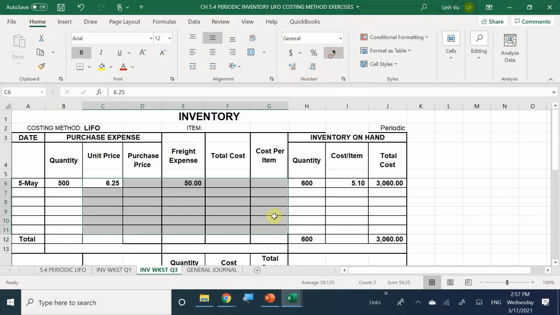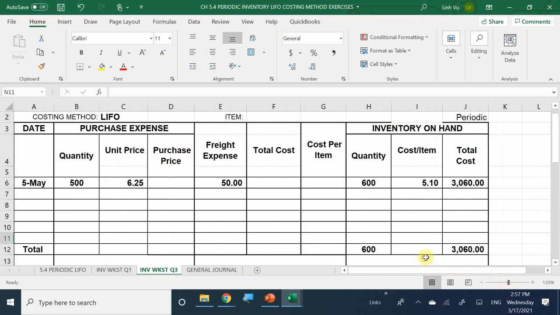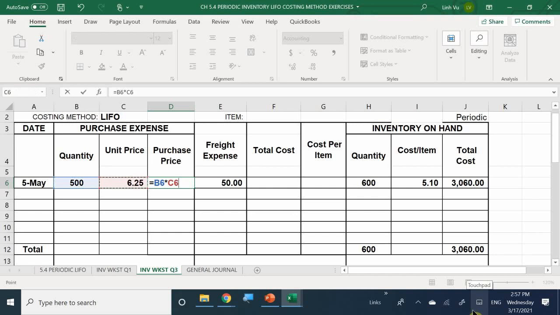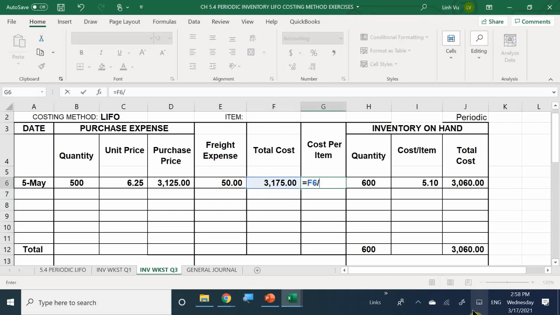Right, so what's my total purchase price here? It would be your units times your purchase price. So 500 times 6.25, and what do you get? 3,125. Okay. Now add your 50, and what do you get for your total? 3,175. And now your cost per item is going to be